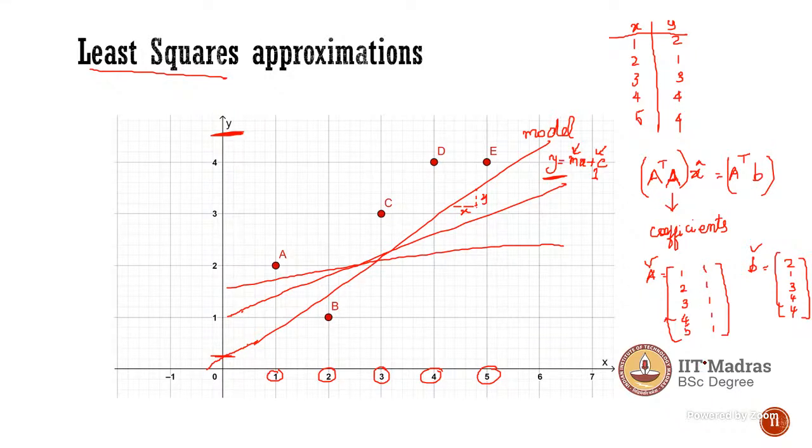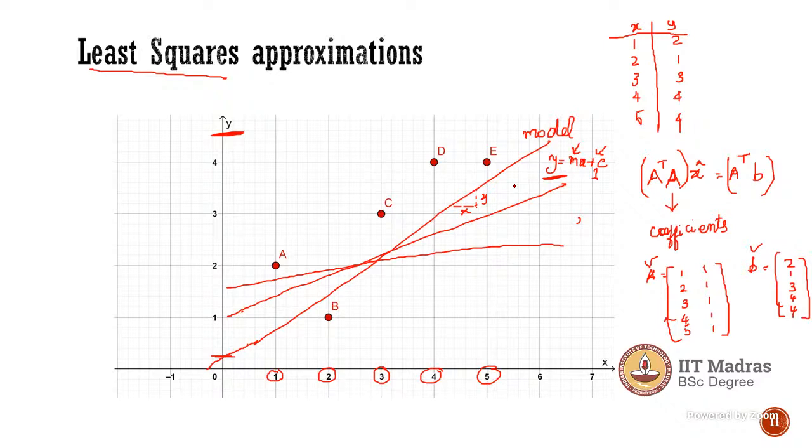Ma'am, in the case of a normal linear equation, if the line is a quadratic equation, then our matrix has first column x square, then x, then the coefficient 1. Yeah, that is polynomial regression, right? That is not linear regression. In that case, our matrix A will change in the form of x square, x, and the solving remains the same. Yes, the solution is the same.